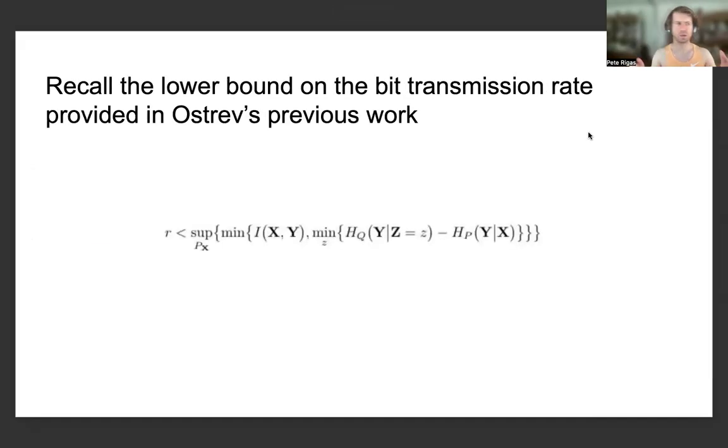And we're recalling the lower bound on the bit transmission rate provided in Ostrev's previous work. And this is really just given by the fact that, again, the original result on the bit transmission rate, not the converse result, which I'm going to provide and reiterate later in this presentation, is given by the fact that we're obtaining a lower bound for the bit transmission rate in terms of the supremum of this minimum over the entropies as well as the minimum over the conditional Shannon entropy, which we've described at several points, pretty much every